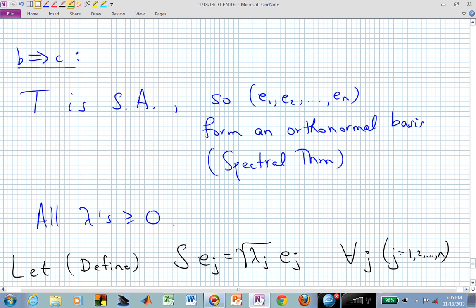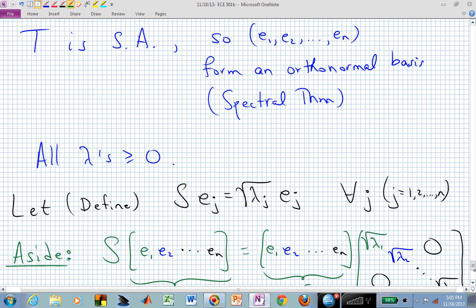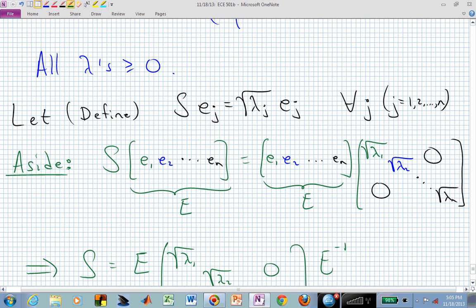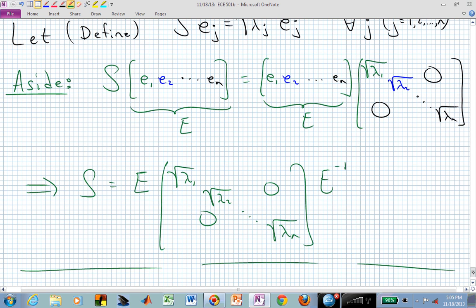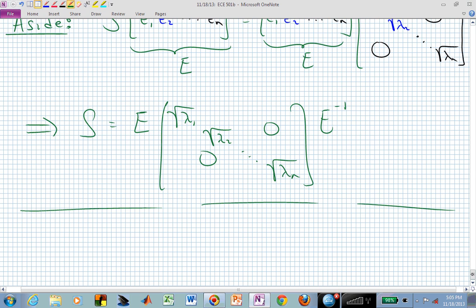B was T is self-adjoint and all of its eigenvalues are non-negative. We now said, well, then define an S such that S E_j is the square root of lambda j E_j. All right. Then I just sort of showed you this construction technique, but that's not a part of the proof necessarily, but now you know that that makes sense. Step 1 does. Now, if we do S squared E sub j,